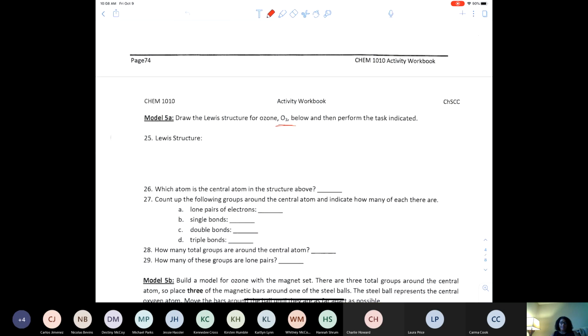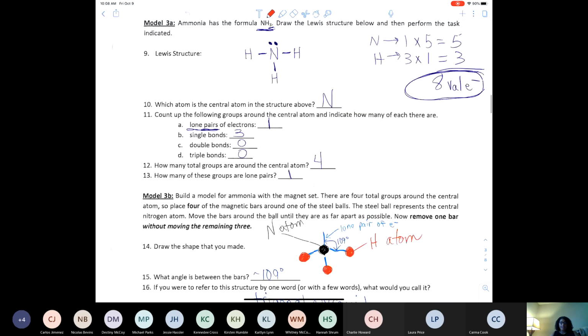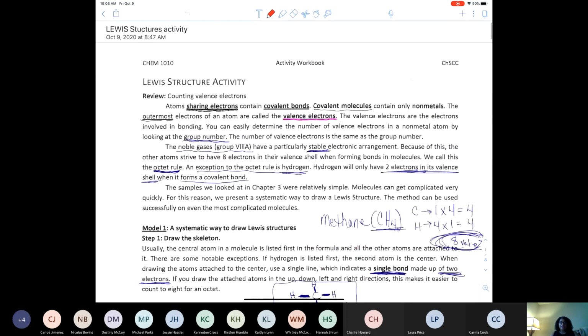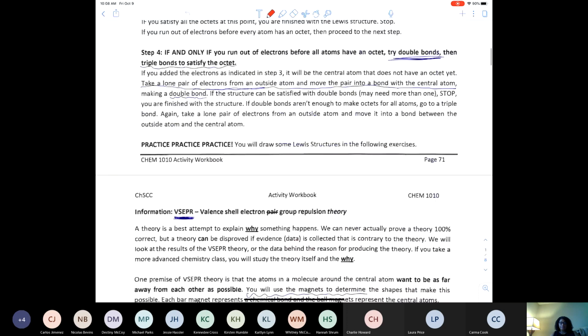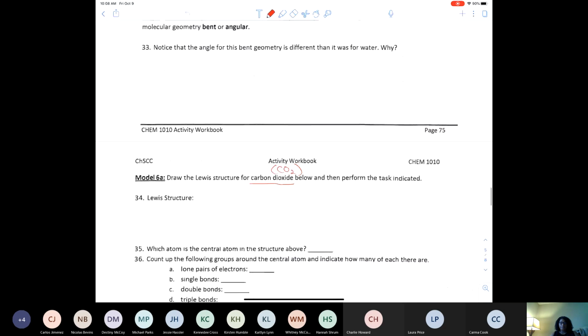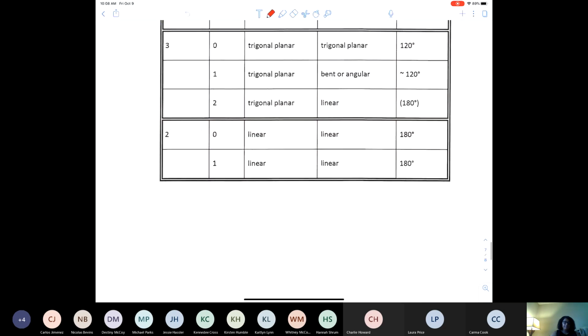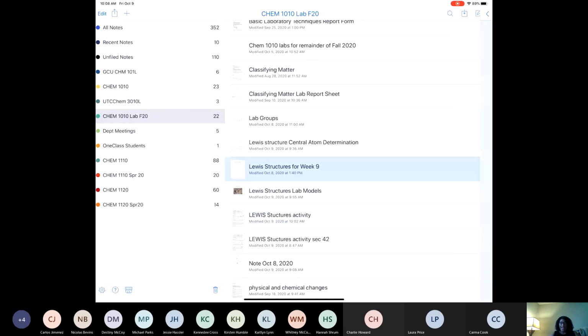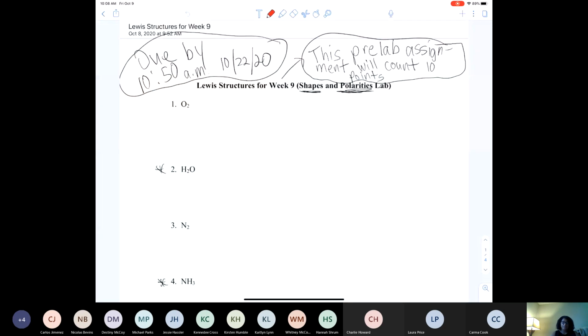So today, by 11:59 p.m. tonight, this completed document is what you're turning in. The week 9 Lewis structures